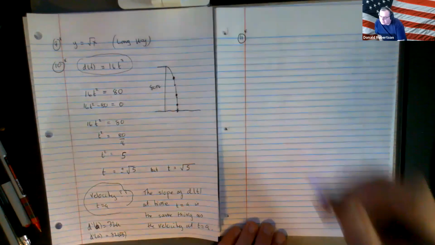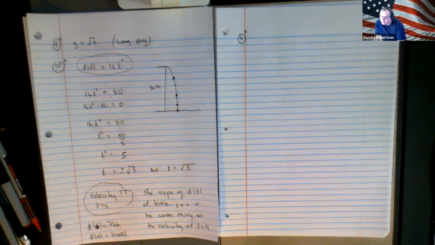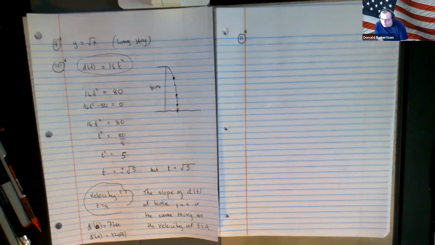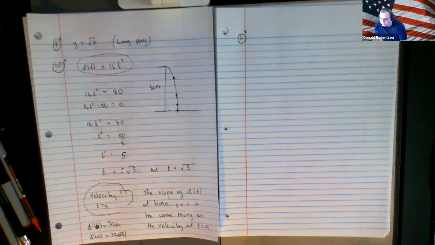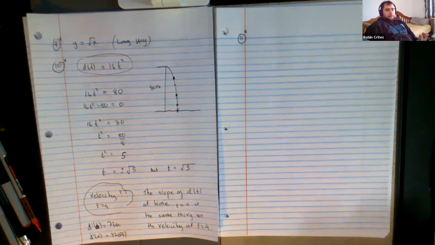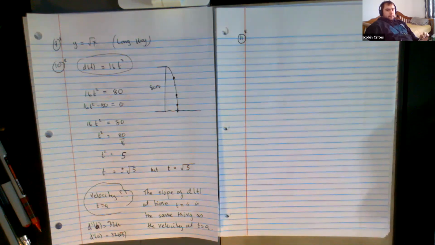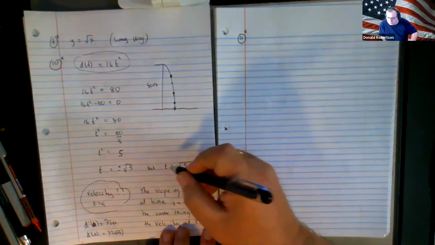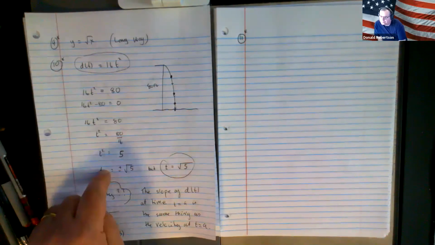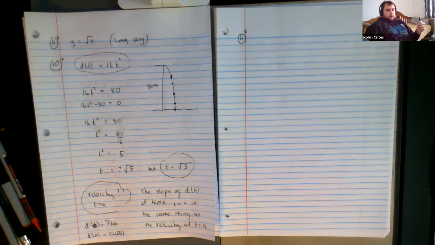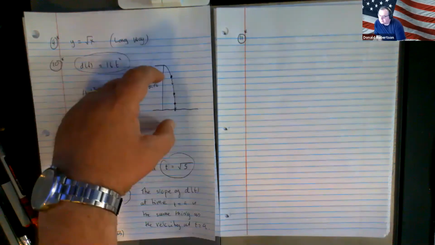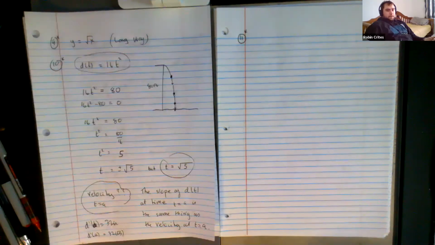Before I move on, any questions about that? I know I drifted a little bit, but if you tell me position, I can find its derivative, and that derivative will tell me velocity. So we found when he hits the ground by solving when the distance fallen is equal to the distance of the cliff, and then we plugged it into